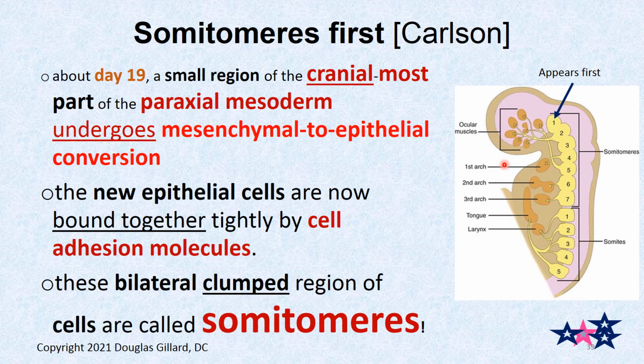So we won't get into that. But maybe we will a little bit, but not right now. The new epithelial cells are now bound together by CAM cell adhesion molecules, and we won't get into that. But because they have CAMs pulling them tight, they clump. And you can see these clumps. And they're not as strongly clumped as we're going to see below the level of C7. But they're still clumped. So these are called somitomeres that are up in the cervical and occipital region of the